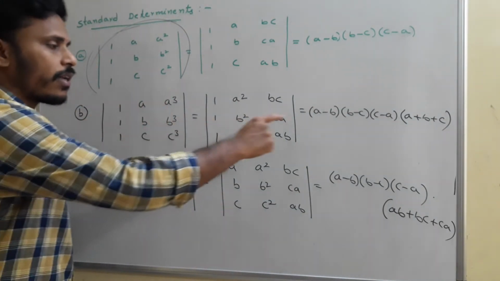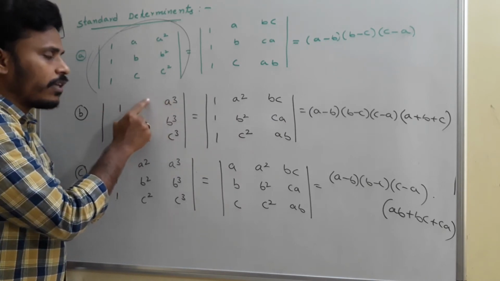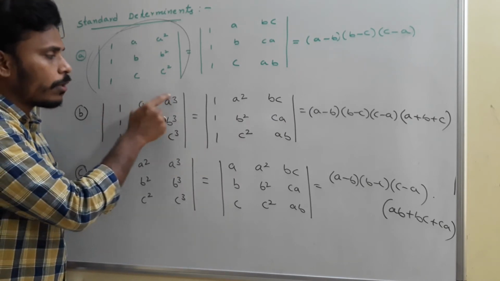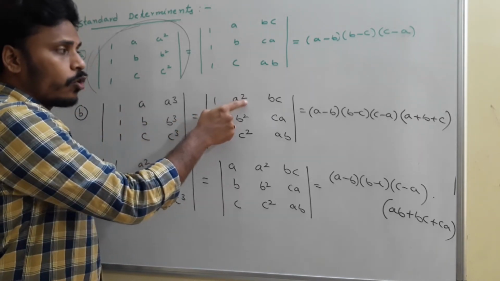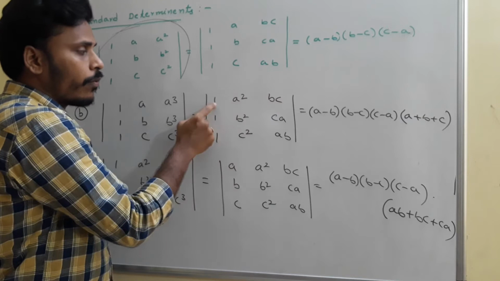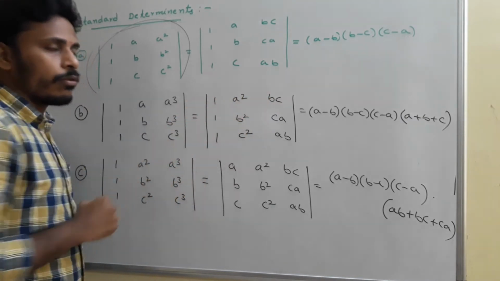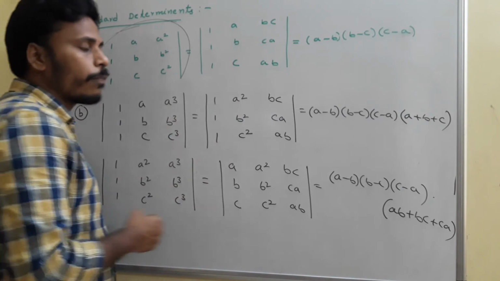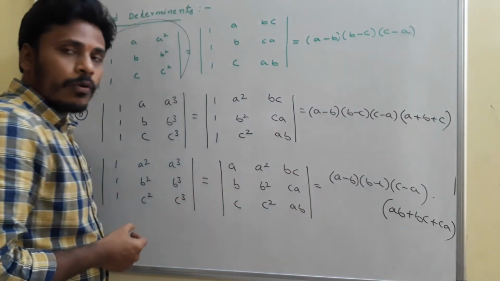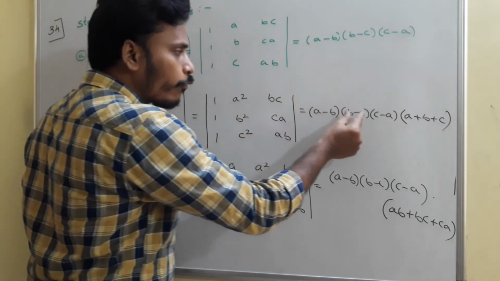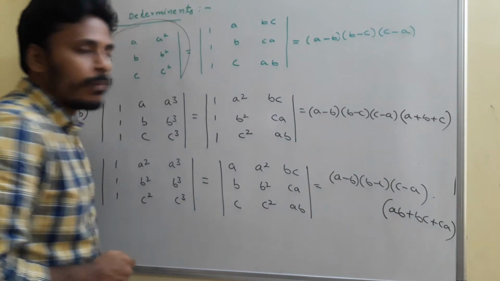Whereas if you observe the second one, B, here 1 A cube. So A power 3, A power 1, A power 0. So the power here is 4. Again in this problem also, this is A square 2, B power 1, C power 1, and here there is no variable part. So here also the power of the variable is 4. So the answer must contain power as 4, and for that it contains 4 different terms: A minus B, B minus C, C minus A, and A plus B plus C.